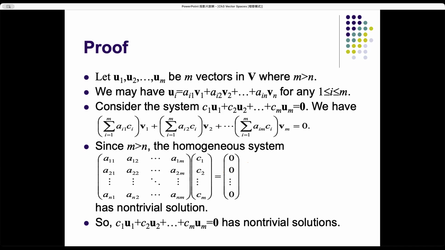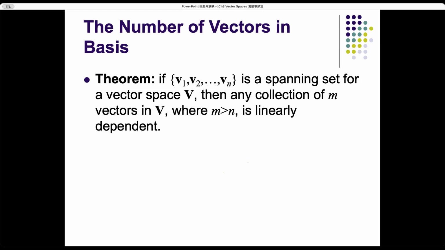Because each of them is a vector in V, and we said previously that V1 to Vn is a spanning set, it means these n vectors span V. Or put another way, any vector in V can be written as a linear combination of these V1 to Vn vectors. We know that, right? So we can write